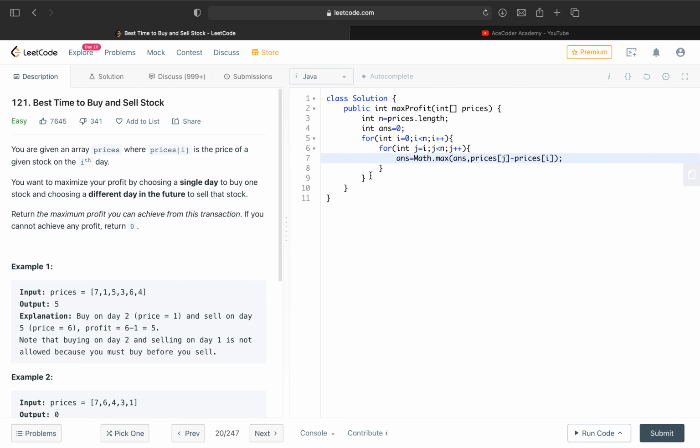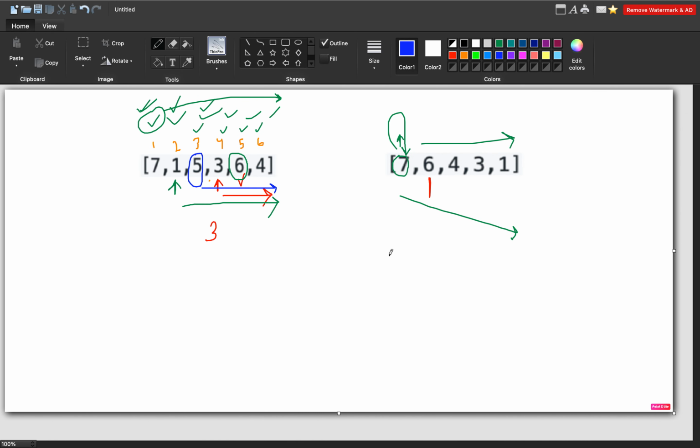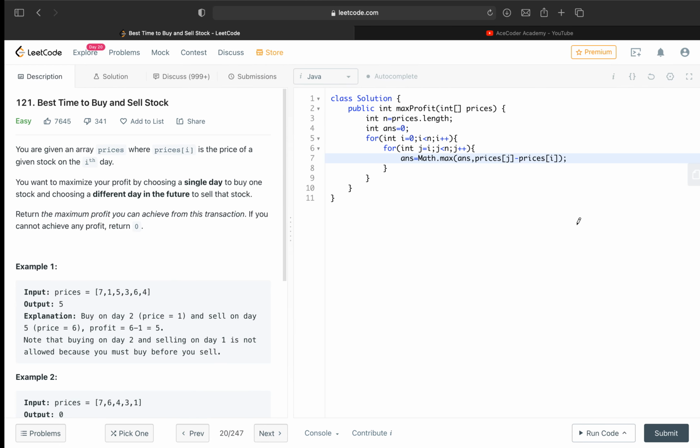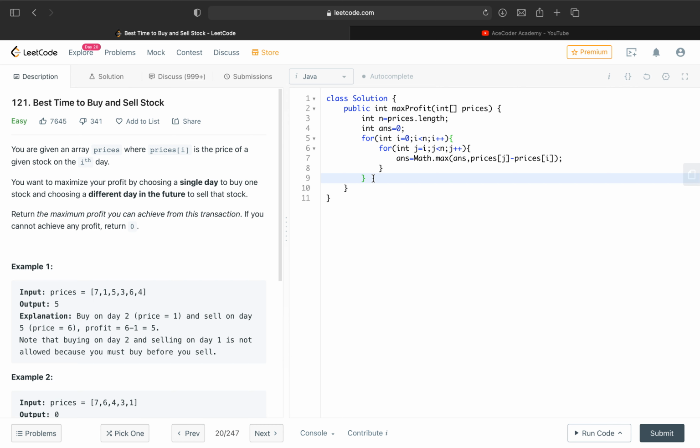So I will explain this, i is this one if you are standing on this particular day, and if you are iterating, one time j will be this, then again this. So basically it is the difference of these two. So this is enough,